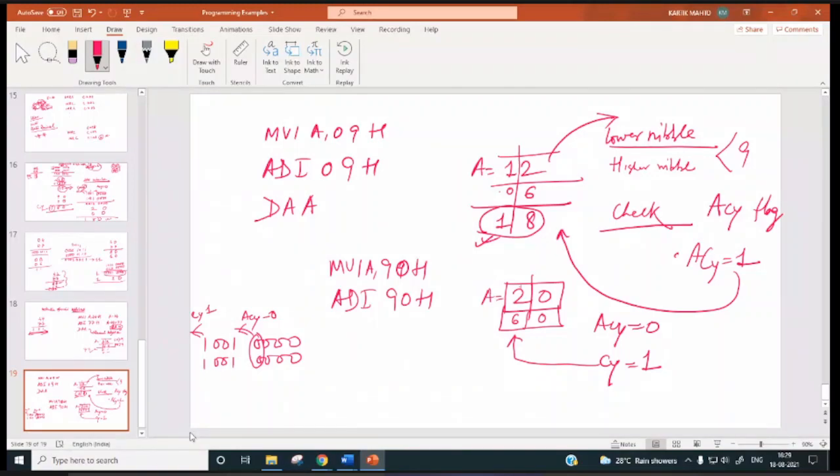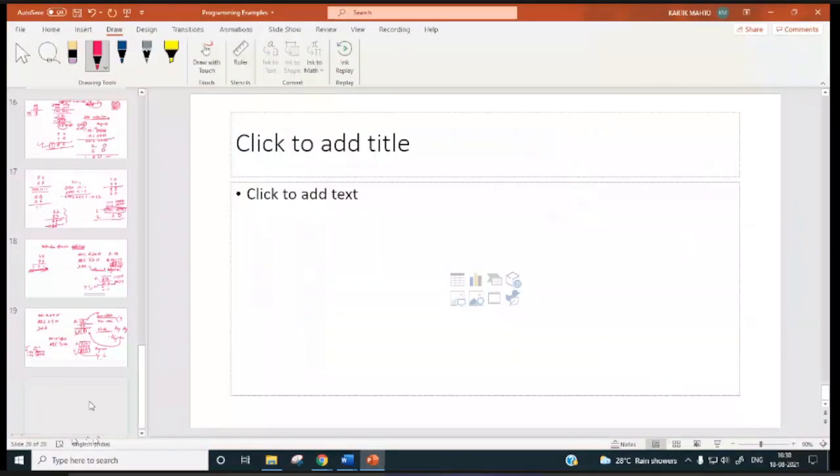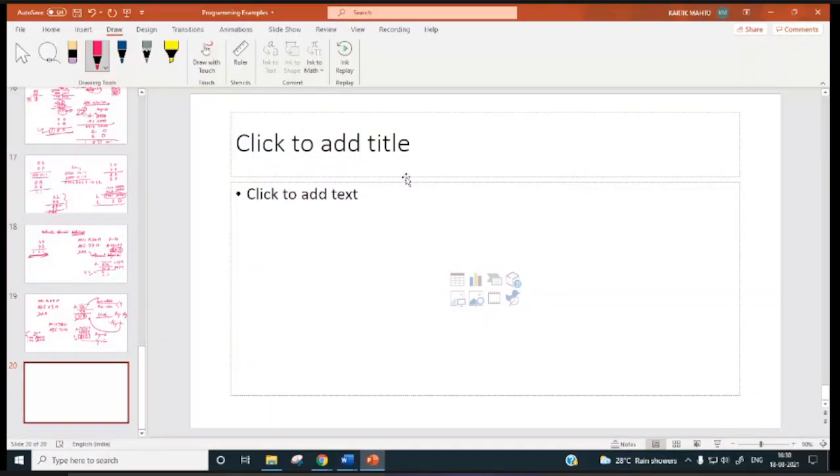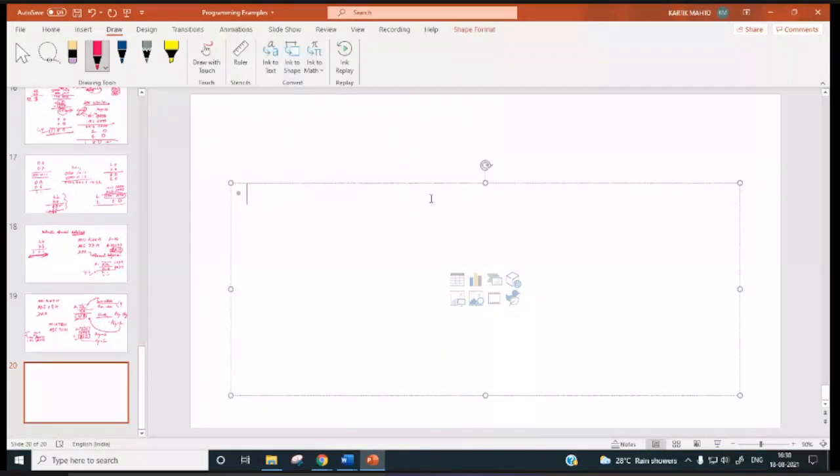So what will the result be? The carry flag was already set to 1, so that is already stored. So 6 plus 2, 8. This will be 0. So the result will be 180. So this way the result of BCD addition is adjusted using the DAA instruction.